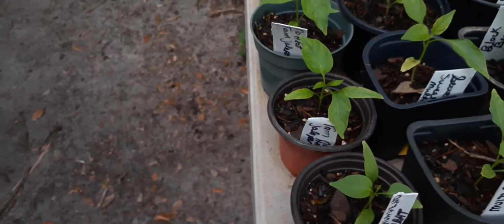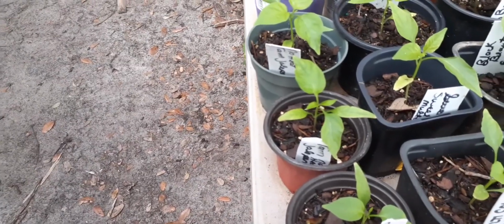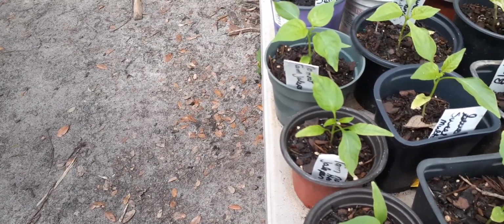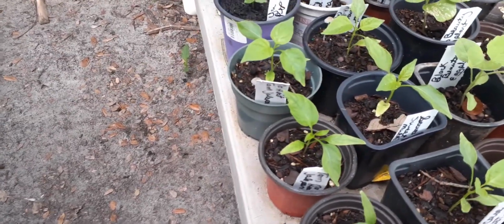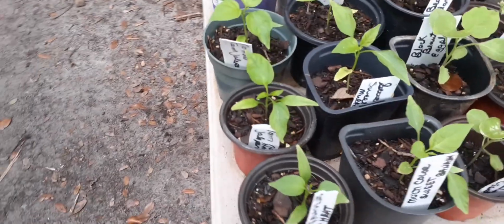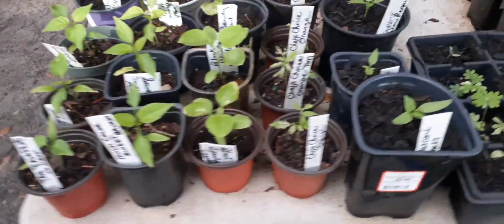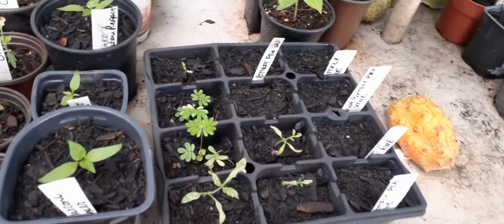And on the tag, it says no heat. But reading reviews, some say it's the hottest jalapeno they ever had. So I'm going to keep them separate. Very separate. I don't mind growing a hot pepper. I just don't want cross-pollination. Not on that. And I've got a pot of these over on the seed starting table, but I wanted to